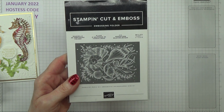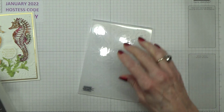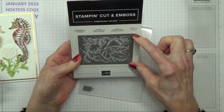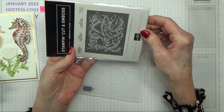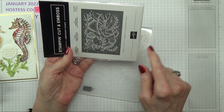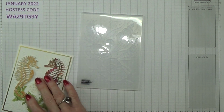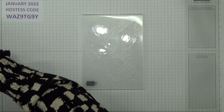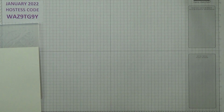That has such a beautiful design on it, and although the design looks as if it should go landscape, it goes equally as well if you put it as portrait. So don't feel that you're limited with that. So I'm going to take one of my top layers and I'm going to bring my Big Shot up,